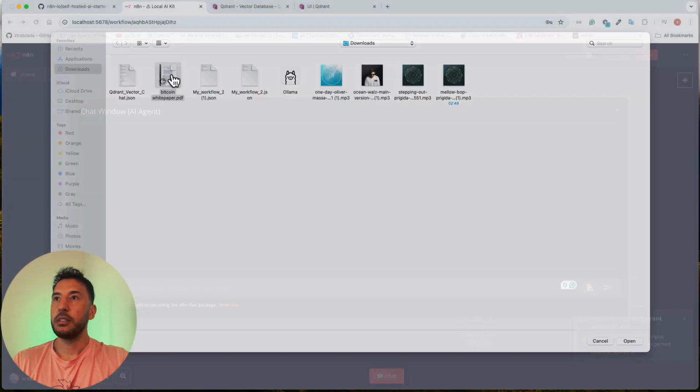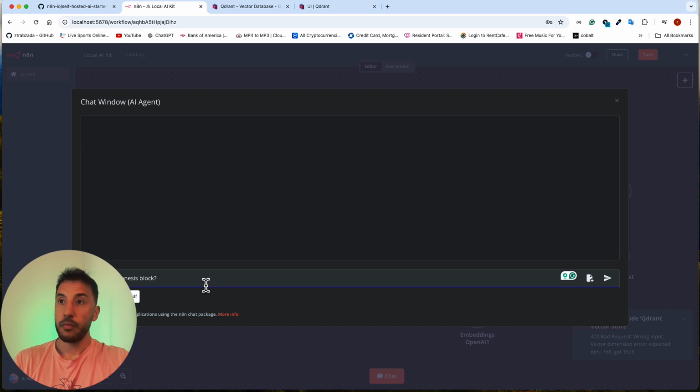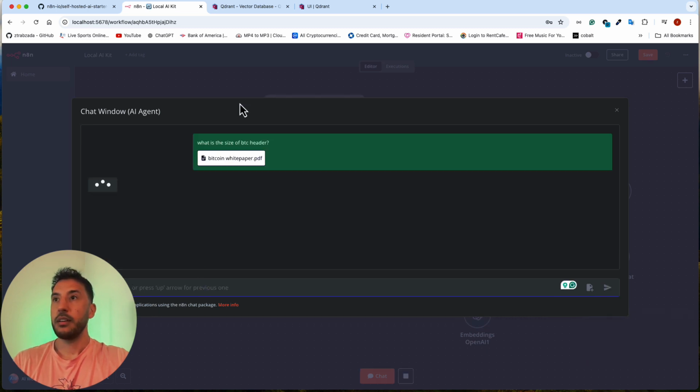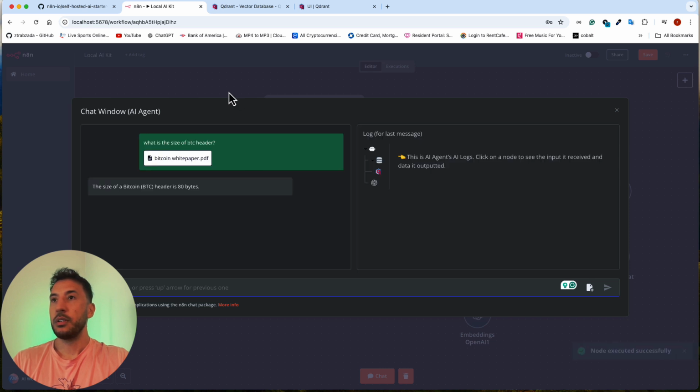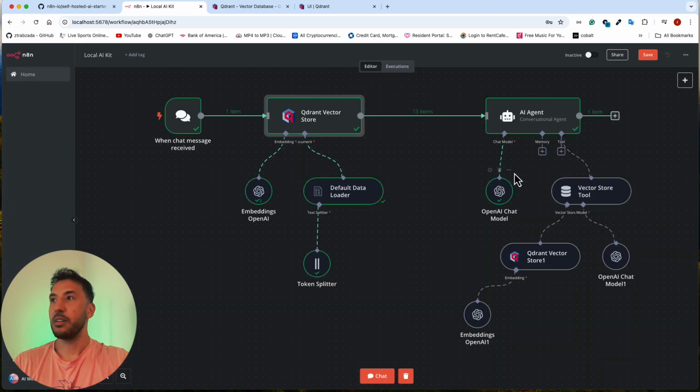Let me go ahead and add that up. All right, let's try this again. The size of the BTC header is 80 bytes, which is actually correct. As you can see on the right hand side, it used all of the correct nodes, and everything was utilized properly.